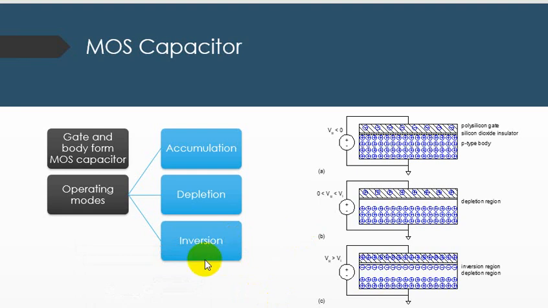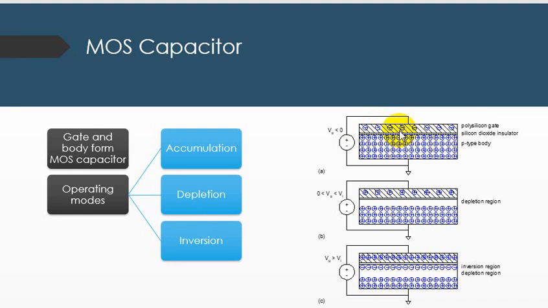Before starting with the operation of these particular operating modes, we will move toward the basic CMOS structure, in which we already know that on the top of the structure we have a metal, which we represent with the gate. In the past these were strong metals, but now in modern times it is in the form of polysilicon.